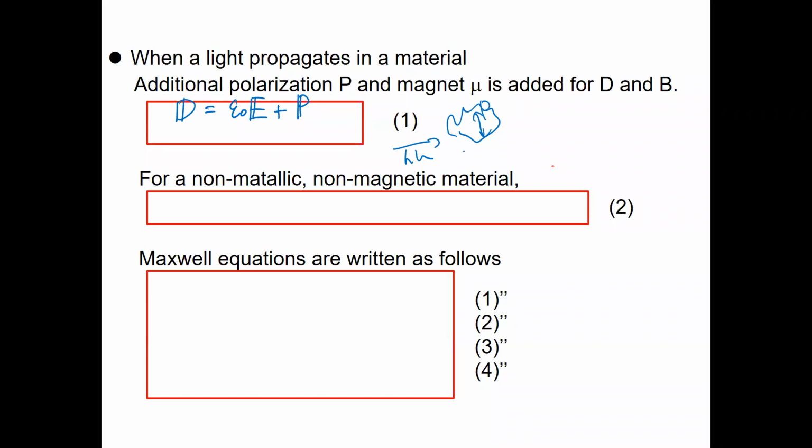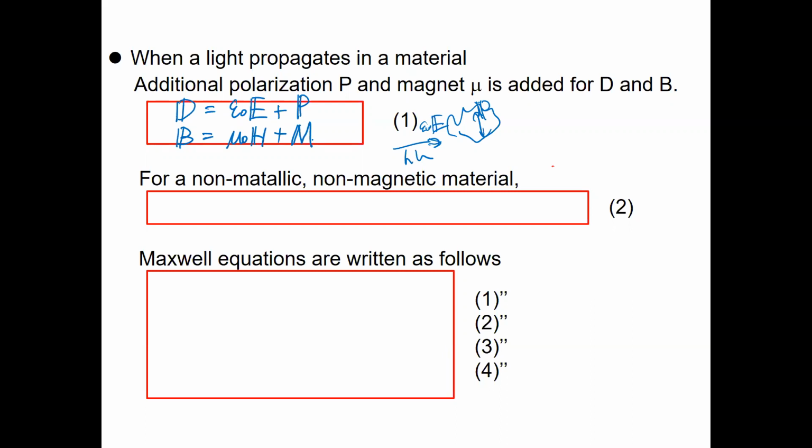And the other term is inside the vacuum, still epsilon zero E field, but you have extra polarization. And similarly, the magnetic displacement is also mu zero H plus the magnetization, but mostly we will just ignore the magnetic field